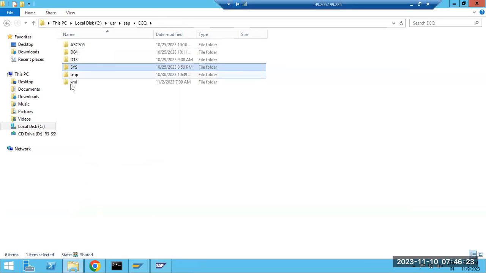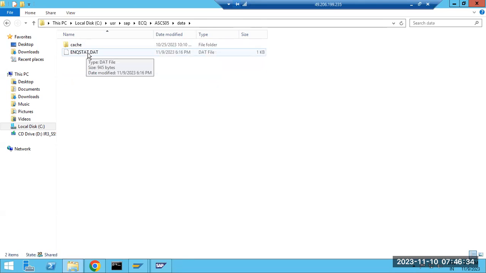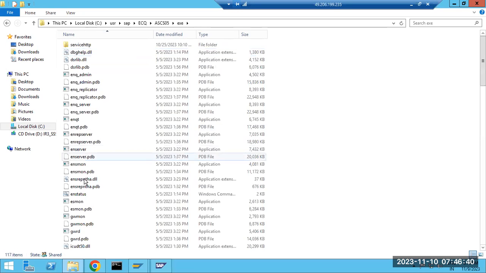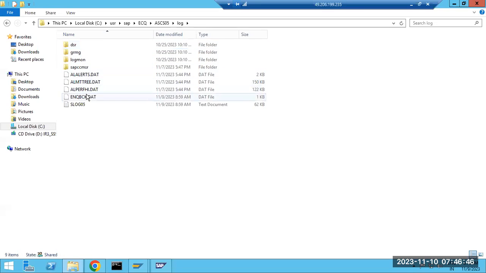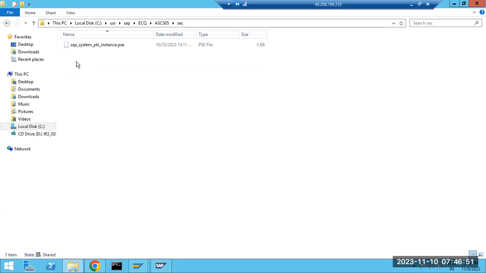Suppose if you go to D13, one more application server, you have the same folder concept here, right? ASCS also has the same folders. Data, some stats files are available here. Executable files, the kernel directory, kernels are available here also. Then the log directory has alert-related information, not that important. The sec directory is certificates related.